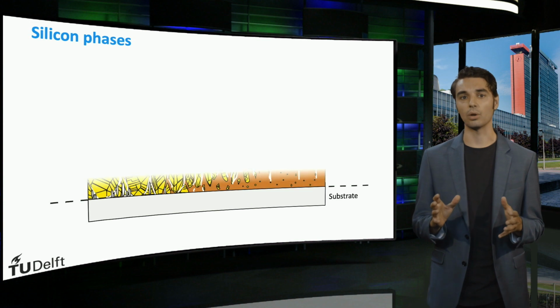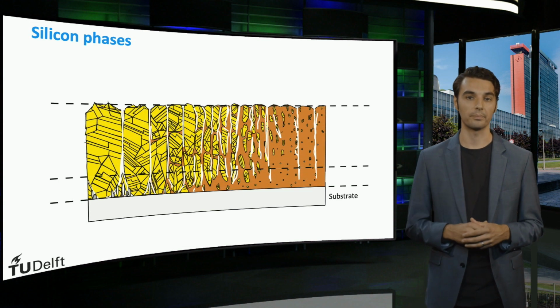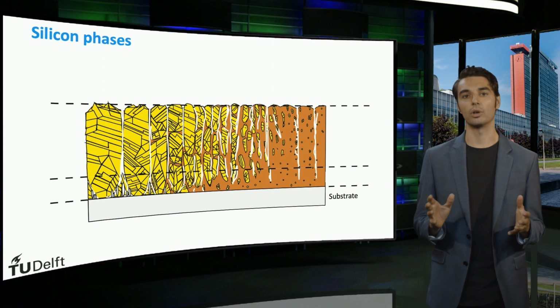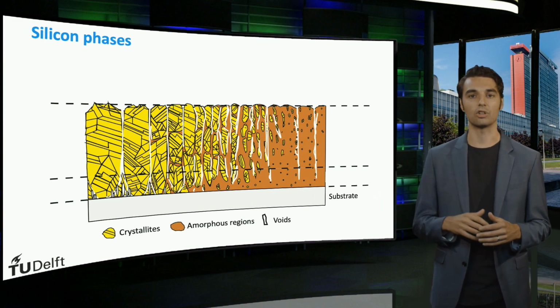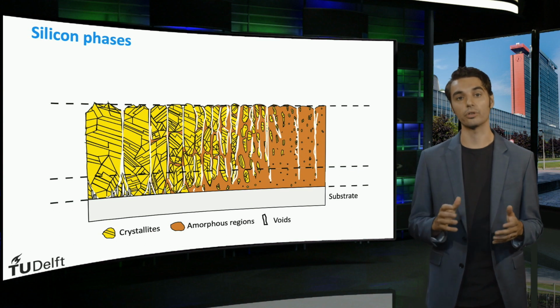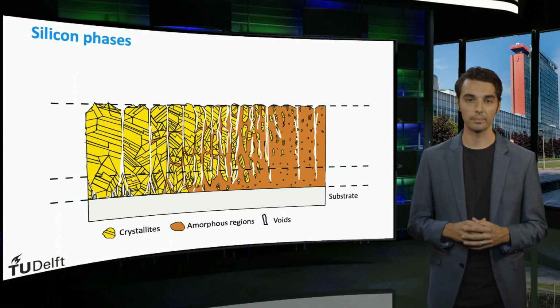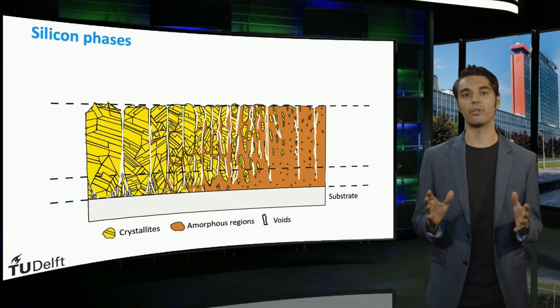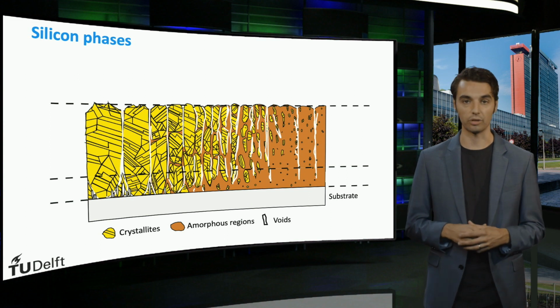Thin film silicon alloys are generally grown on top of a substrate using chemical vapor deposition. We now start growing a film on such a substrate. The yellow areas represent crystalline grains, while the brown areas represent the amorphous tissue. The white fractions in the material are cracks and voids. The crystalline volume fraction of the grown film depends on the condition used for the chemical vapor deposition.